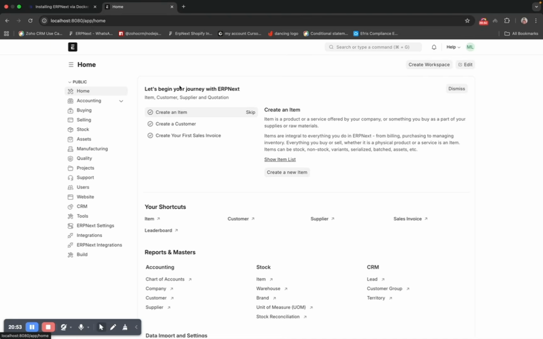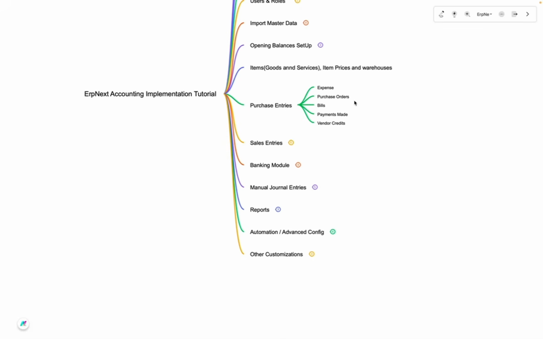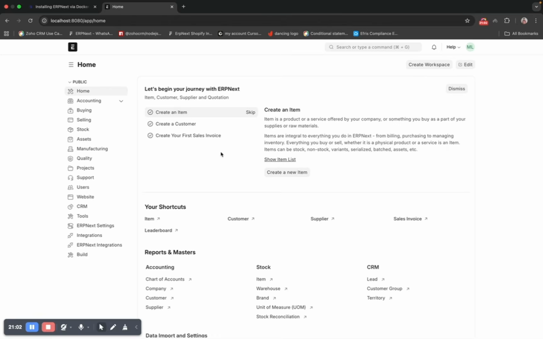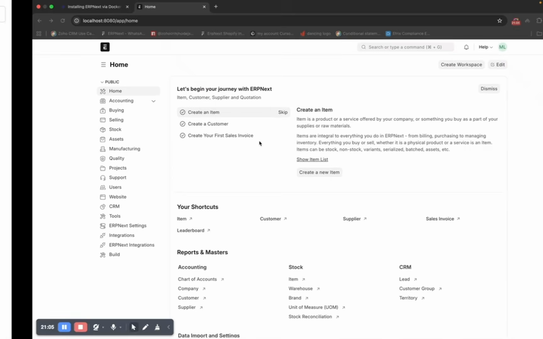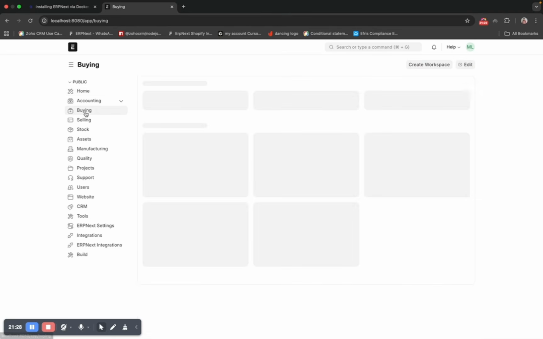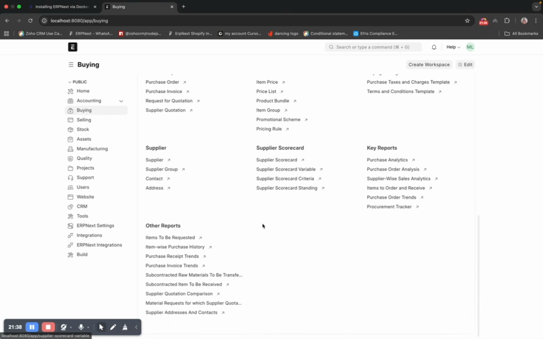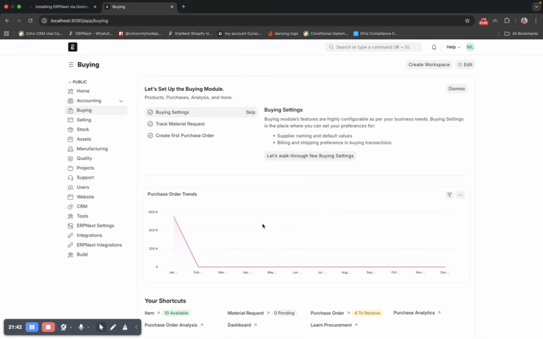So that is it. The next bit is our purchase process, which has different processes. If your business goes through purchase order, purchase invoice, purchase receipt, and then you receive the product, you can use that process. Some of those are highlighted here in the buying module: material request, purchase order, purchase invoice, request for quotation. You can set all these up so that the system allows you